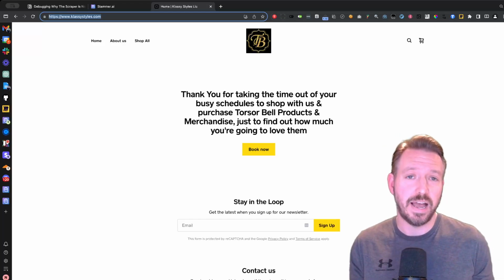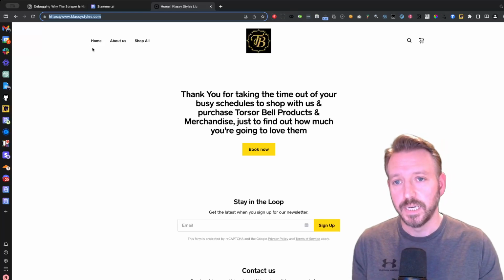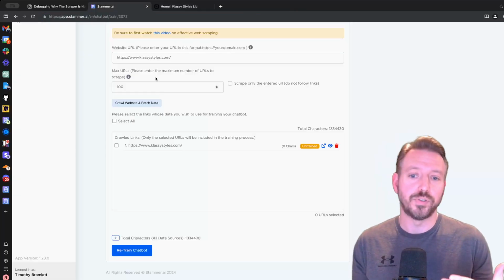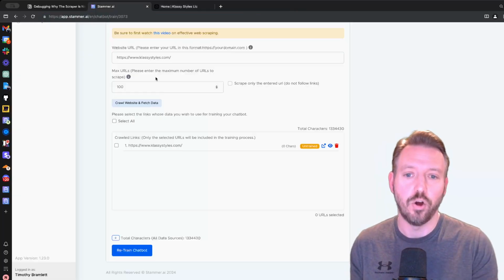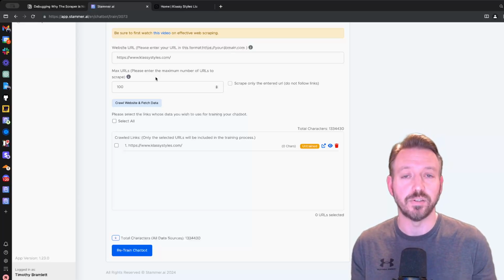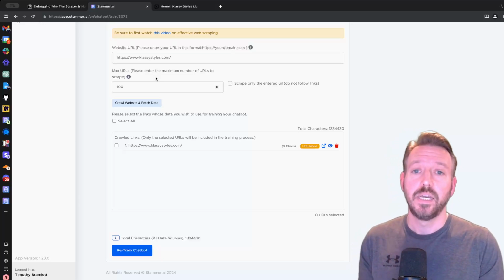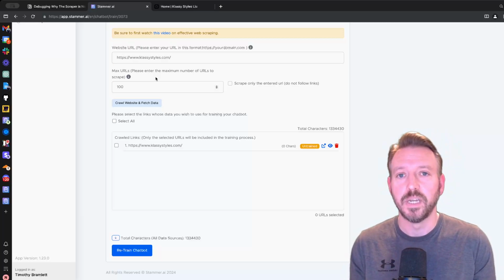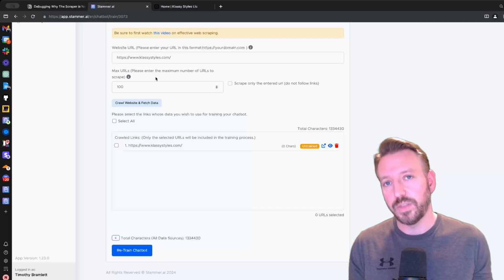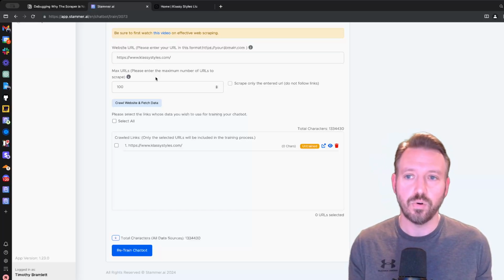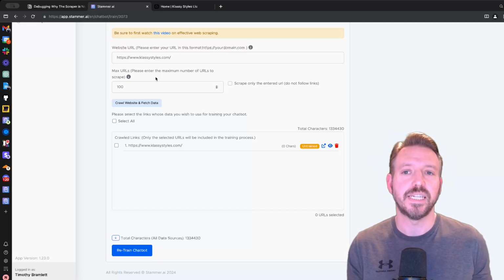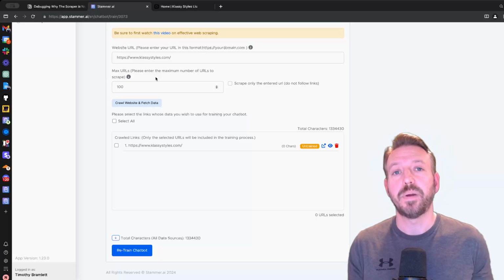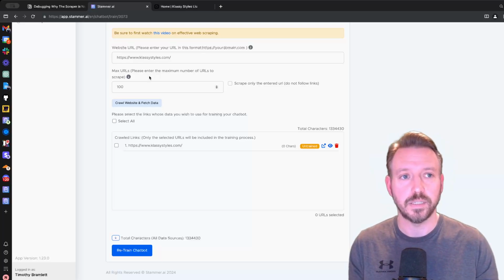One way, of course, without having to fully debug this, is if it only pulls the main homepage, right? The root homepage and nothing else. That's a good indication that perhaps the majority of this site is being rendered through JavaScript. But if you want to know for sure, one thing you can do is reach out to us via the Discord or open a ticket possibly, and we can try to get to that ASAP when we have time. But I'm going to show you another way that you can debug this.